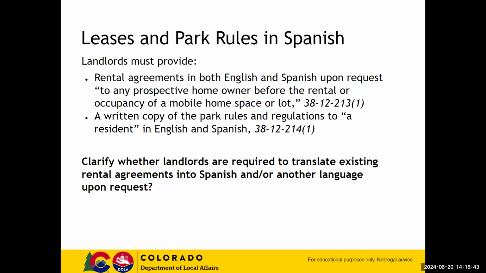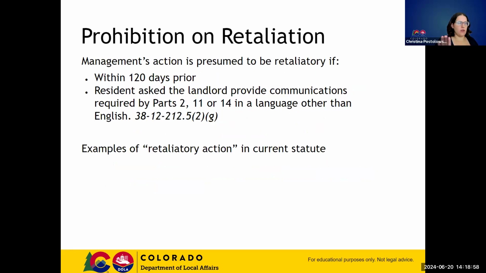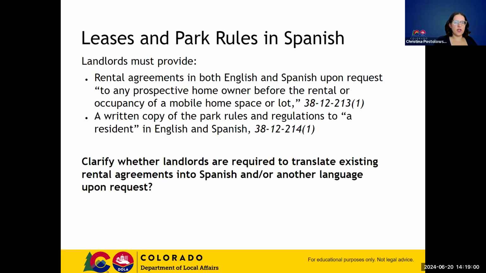So you're saying the current rules should be given to them in Spanish now, or not, only if we make a change in the rules to current tenants? Only if you make a change is my understanding on the section regarding posting. We need to look, the division's going to be looking at clarifying this section,